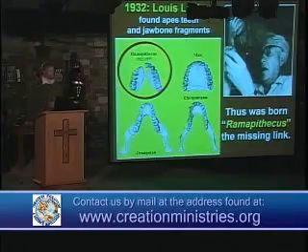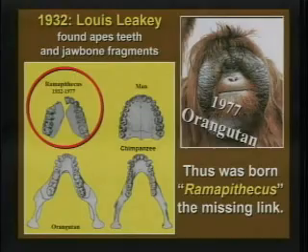It was discovered in India. It wasn't in 40 pieces. It was actually in 3. But other than that, you were dead on. Once again, for 45 years, Ramapithecus adorned textbooks, misleading hundreds of millions of people. Then in 1977, it was proven it was the jawbone of an orangutan. After misleading millions and millions of people.